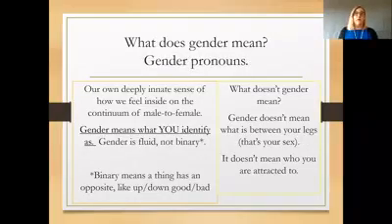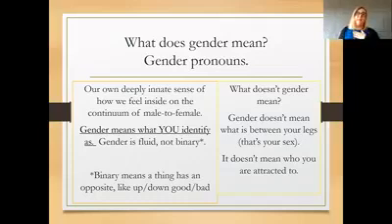So gender pronouns, I just want to talk a little bit about this, and I do also want to say that this is a very quick talk, and gender is massive, and it is connected all around with a whole bunch of other things. So if you're interested in knowing more, do your own research and have a wee look. And I encourage you to do that. So I'm not by any stretch of the imagination covering everything today.